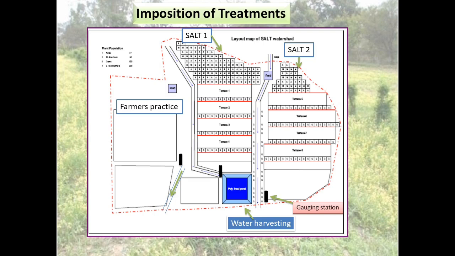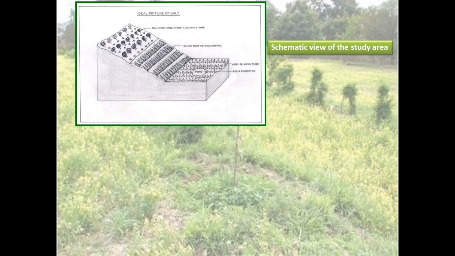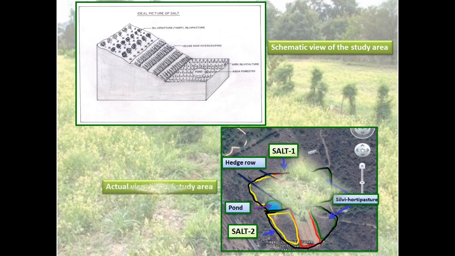In the farmer practices, agriculture was followed in plain lands. At the lowest point of all 3 systems, gauging stations were constructed to measure runoff and soil loss. The schematic view of the land use and actual field view for 1 hectare sloping land is shown. Upper 1/3 area was kept under permanent cover in form of agroforestry system, that is silvi-horti pasture. In middle 1/3 slope, terrace farming was done with hedgerow intercropping and bottom 1/3 portion was kept for agriculture and